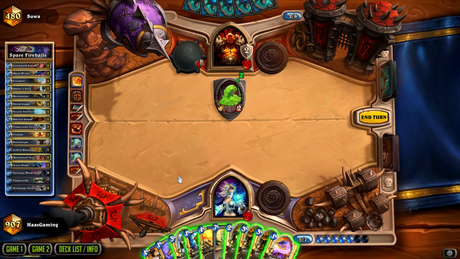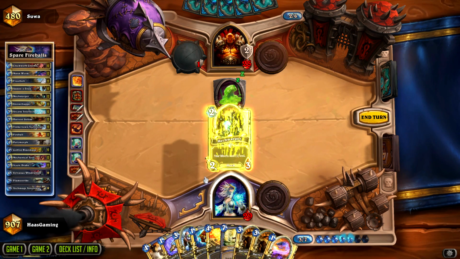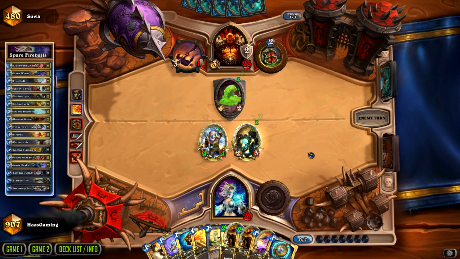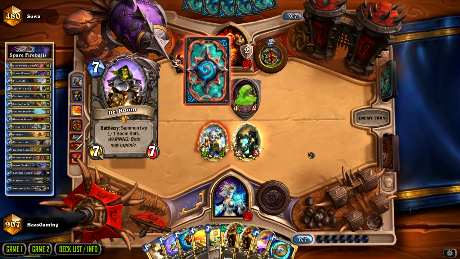It is a second Fiery War Axe, but I think we pretty much have to play this, and then we can play the Tinkertown Technician. That's better than a single Harvest Golem in this case. We have a 4-4 and a 2-3 that he is going to trade with. So he might use another Execute on the 4-4, but...